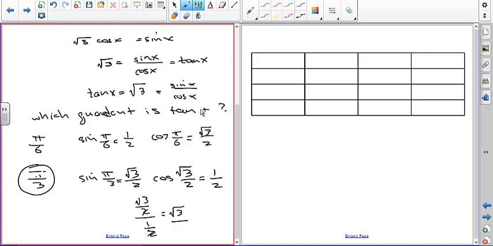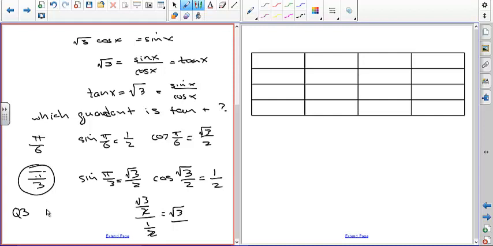Yeah, and that's because it's a ratio of sine and cosine, and the sine and the cosine are positive in the first quadrant, and the sine and cosine are negative in the third quadrant. So when you take the ratio of same signs, you get a positive result. So that's true. So our first quadrant solution is pi over 3, and our third quadrant solution is going to be equal to